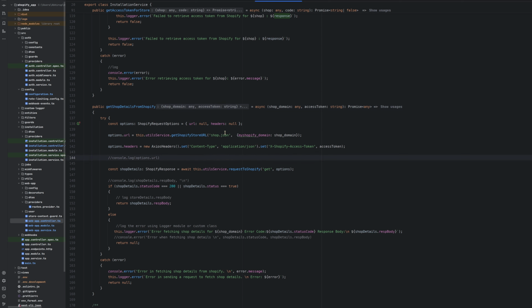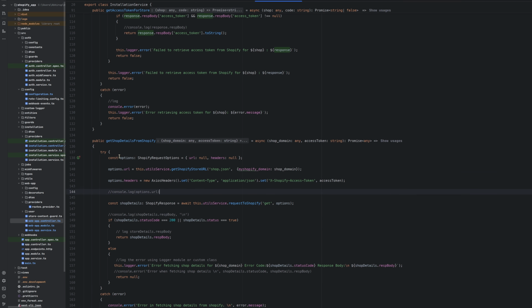Right here, which uses several other functions, the major one being request to Shopify, which sends the actual request with all the headers. Yeah, here are the options which I have made,